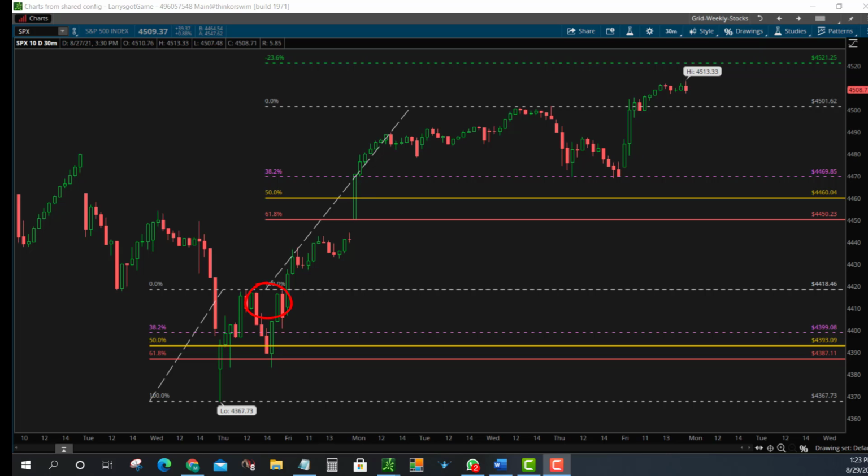Then the following Monday, August 23rd, we gapped higher of the Friday close and opened at 4450.29. And into late that afternoon of Wednesday, August 25th, clocking a high of 4501.62, with buyers being unable to hold that high, only to pull back the entire day Thursday into a Fibonacci 38.2 plus and replacement at 4469.85, which you see on the chart.